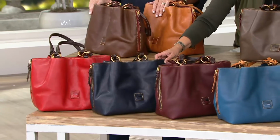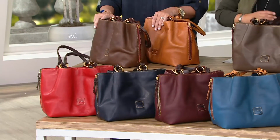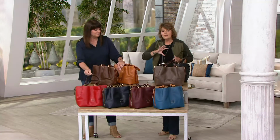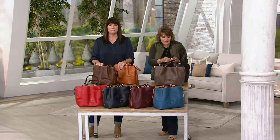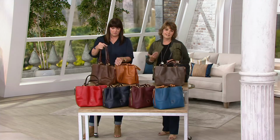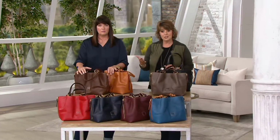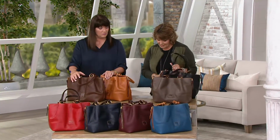Here is your beautiful navy, new this season, and there is a beautiful warm red that has that tomorrow brown handle. Isn't that gorgeous? Every piece of leather is hand cut. Every handle is hand braided. That's the Dooney difference. So stay on the line for this one. We'll have more Florentine leather in the show, but this one is special. And that's item number